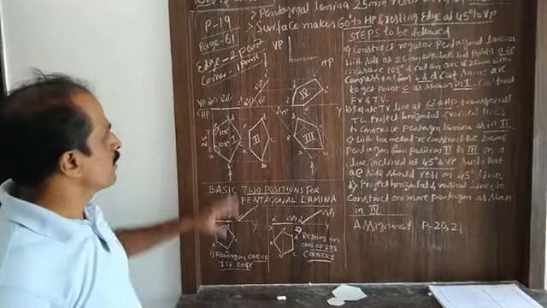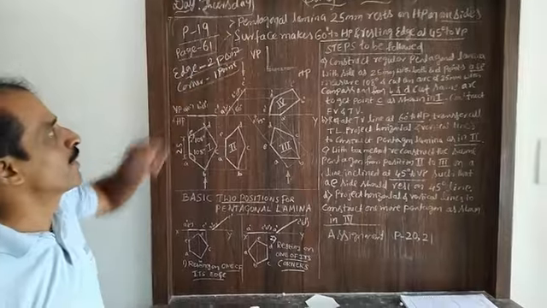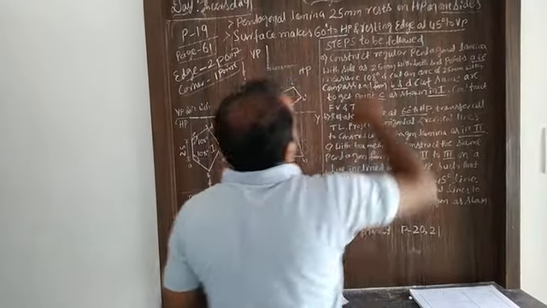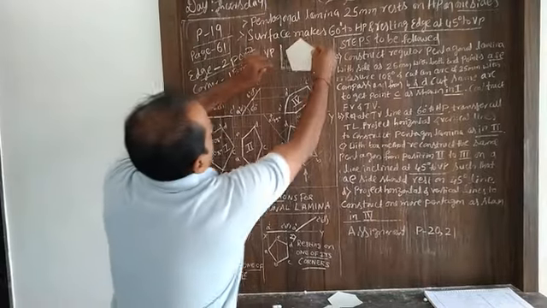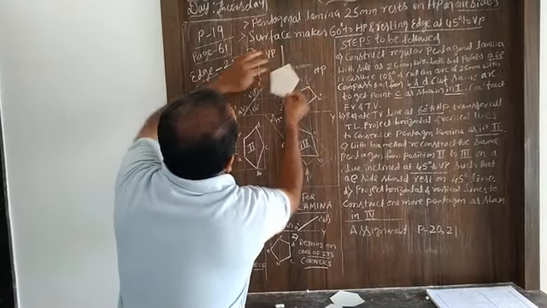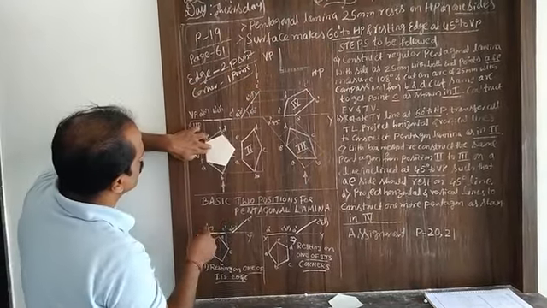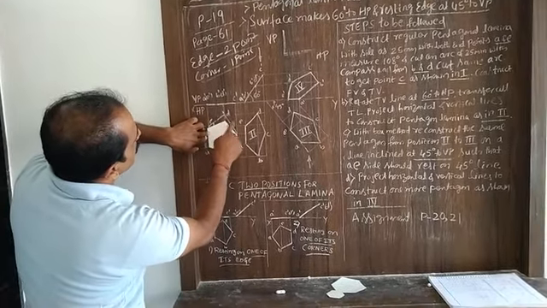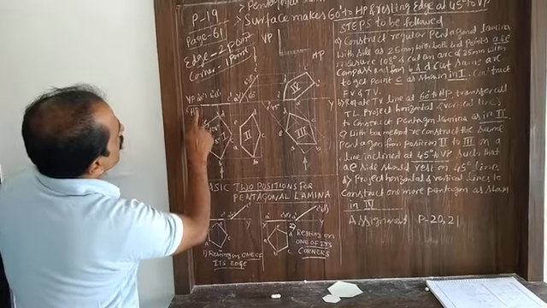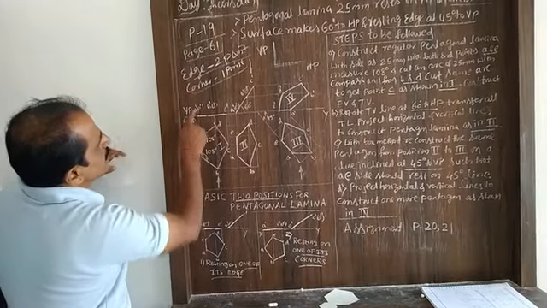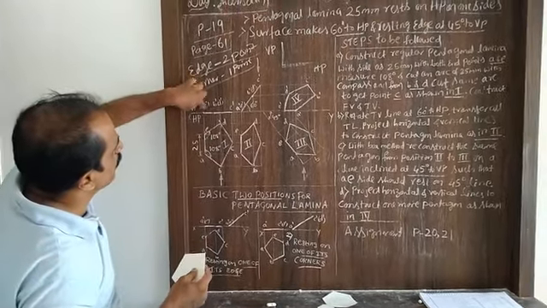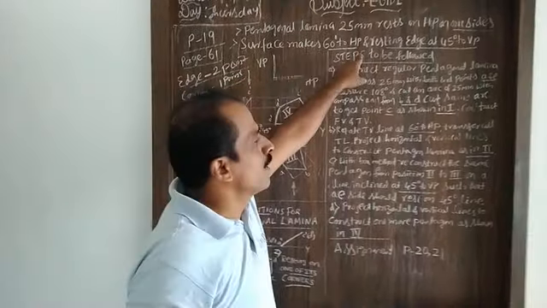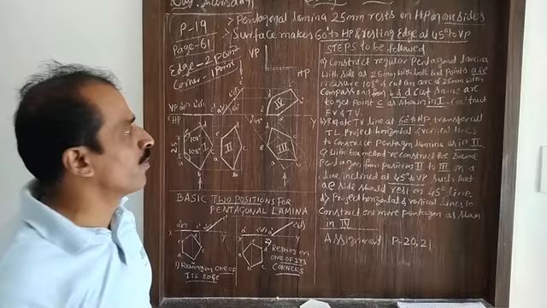Now I am going to discuss the present numerical. This is the 25 mm side of the pentagon resting on one of its sides, and it is pictured very clearly. If you place it like this and rotate, this will be the case we are getting. So this is A, B, C, D and E. When you project this from this side, it is A dash, E dash. This is an edge condition, where you get 2 points. Clear? I am going to explain a few of the steps to be followed.